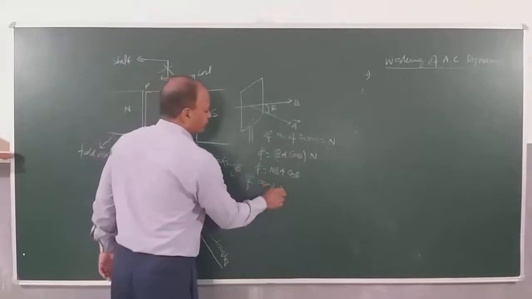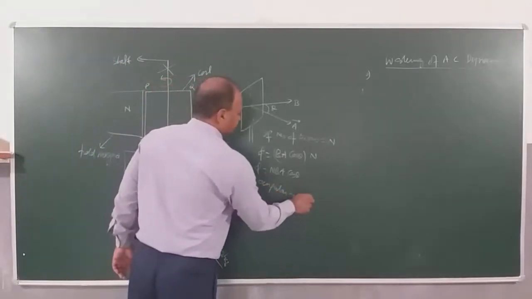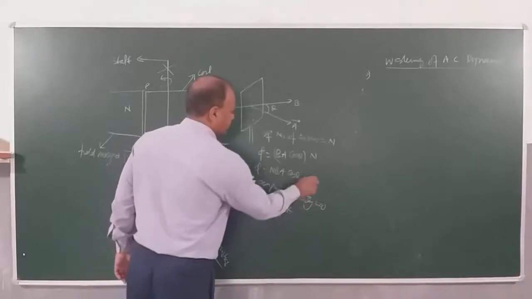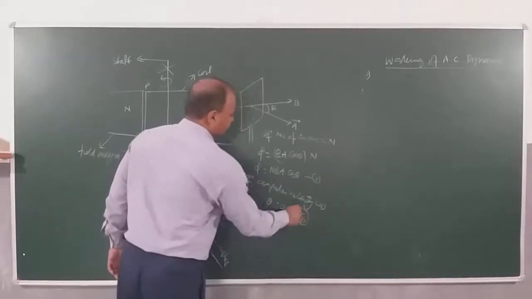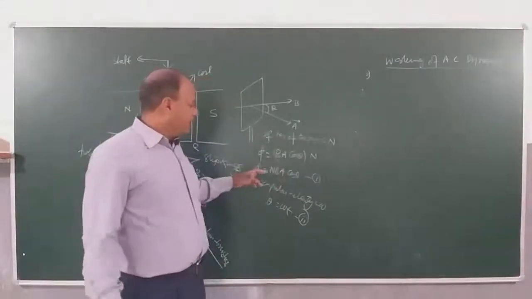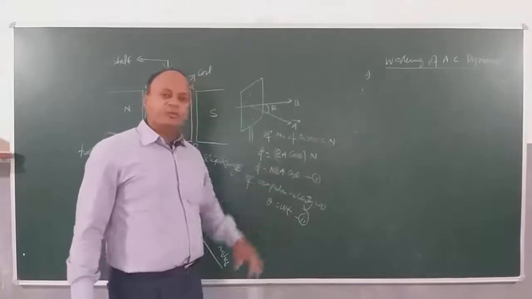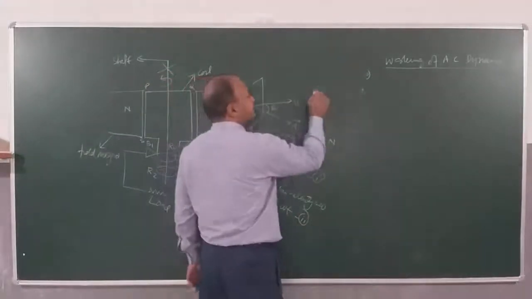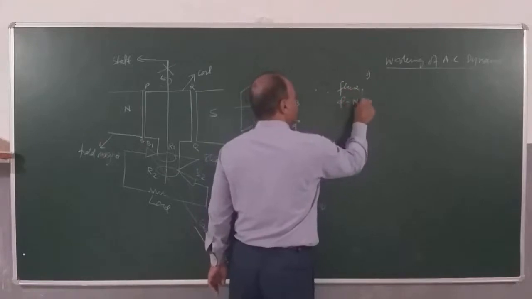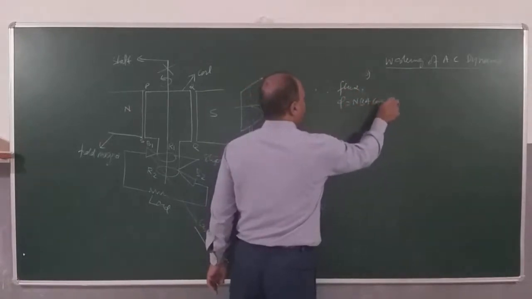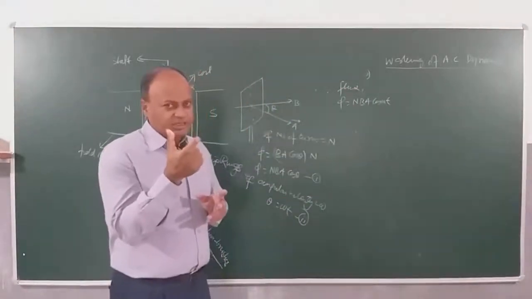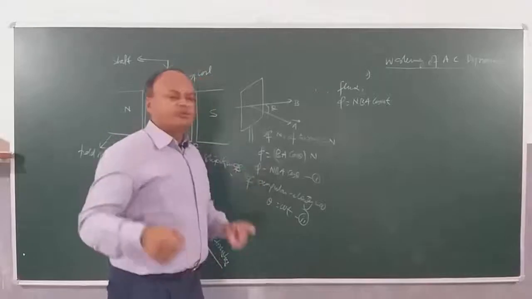Now I will say, if the angular velocity is omega, children, then theta is equal to how much? Omega into t. This is equation 1 and this is equation 2. Using equations 1 and 2, the magnetic flux phi is NBA cos omega t. Clearly you can see that theta or omega t will change as the coil rotates. When the flux changes, then EMF will be induced.